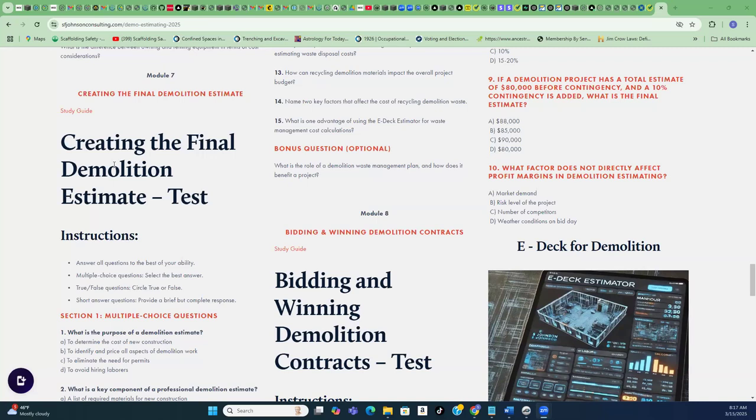So that's all 8. Tell me a little bit about what you do as far as demo. Is it big stuff, you knocking down buildings, or is it interior selective demolition? Tell me a little bit about what you do and what you're looking for to get out of the class. So we do exterior demolition mostly, but we also occasionally will do